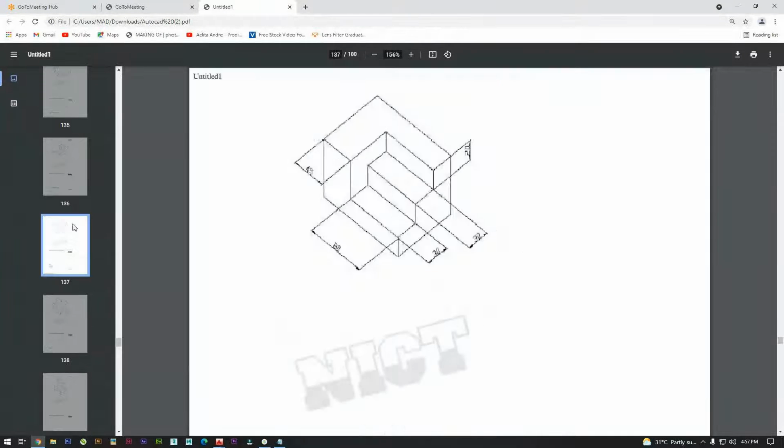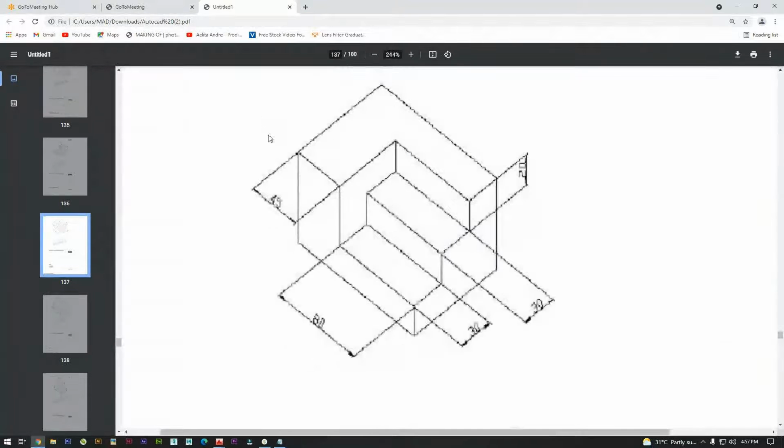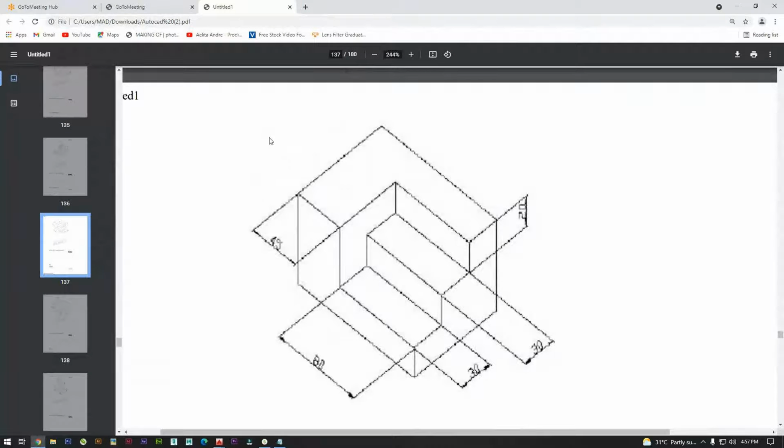Do you remember this drawing? Yes, sir. What do we call these kinds of drawings? It was for the stairs. Yes, it's stairs, but what do we call these drawings?